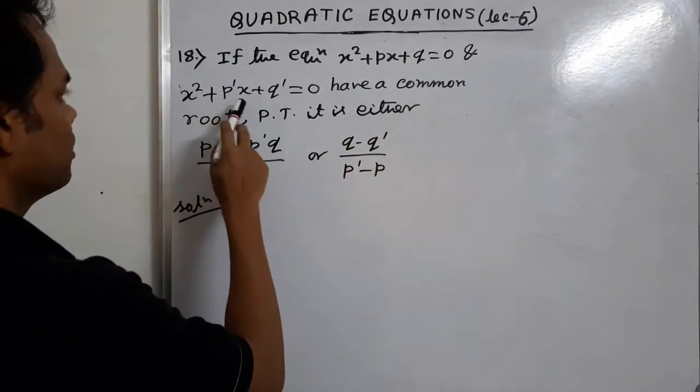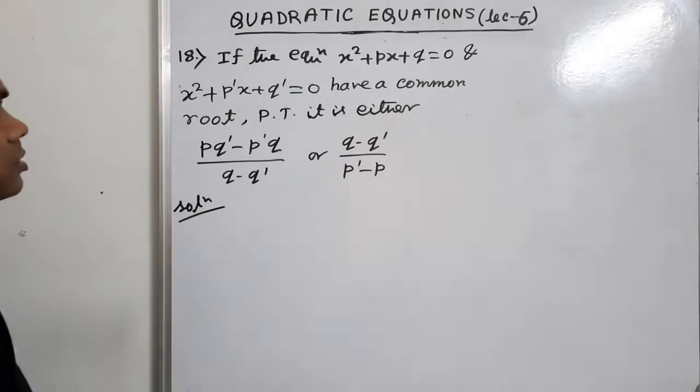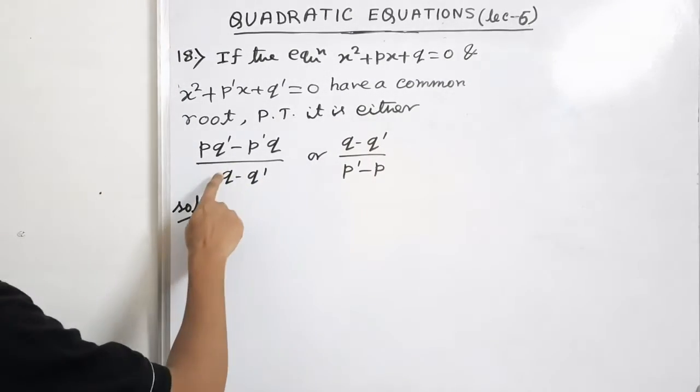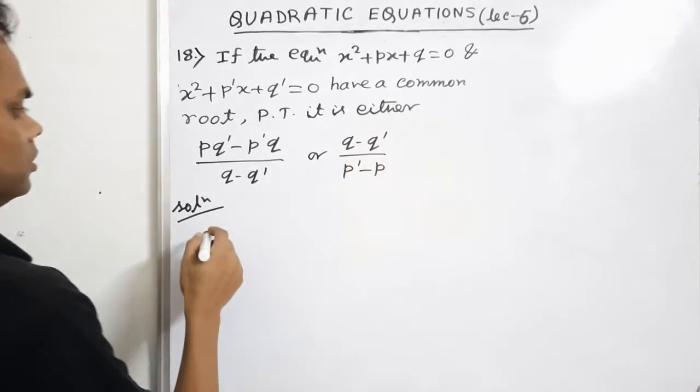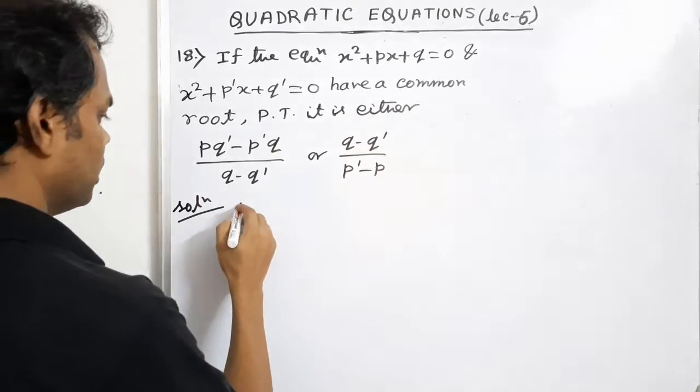And the next sum is: if the equation x square plus px plus q equals 0 and x square plus p dash x plus q dash equals 0 have a common root, then prove that the root is either this one or this one. Given equations are